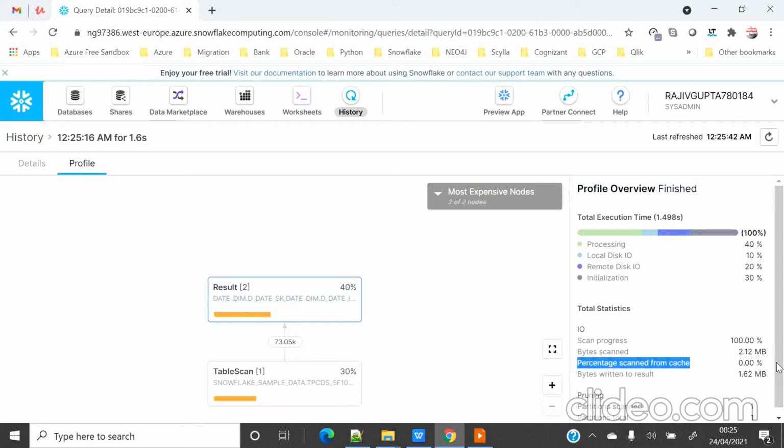That means it has not been read from the local or virtual warehouse cache. It has gone to the remote disk IO and read from there. So 20% is showing here, and this means that it was read from the remote disk, that is our storage layer, and not from any of the cache, because percentage scanned from cache is 0%.